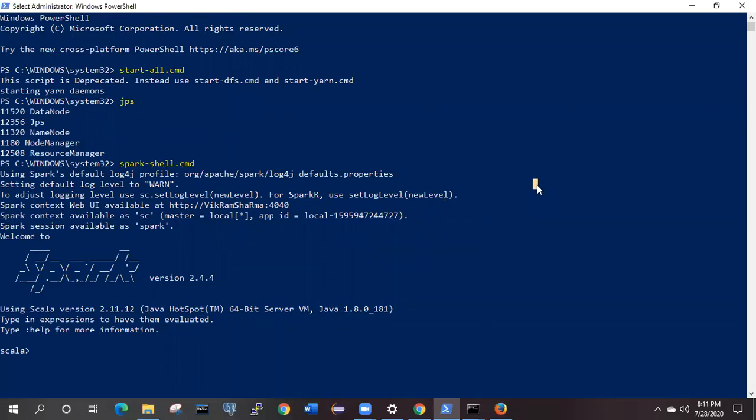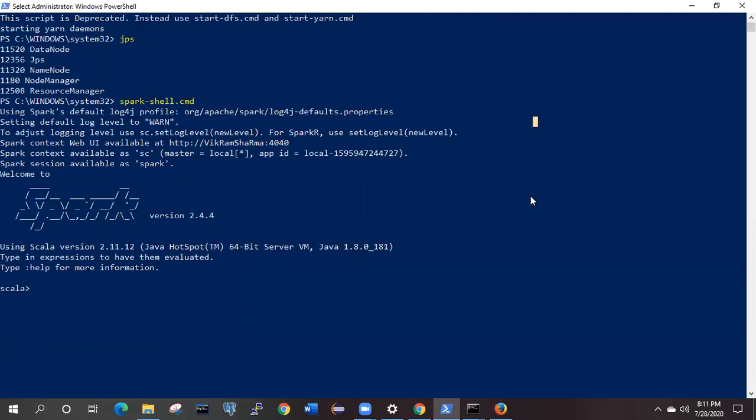Hi everyone, in this video I am going to show how we can read different files, like a CSV file, into a Spark data frame. So what actually is a Spark data frame? Theoretically we have covered it in some other video, so you can get the detailed description of what data frames are there. But a data frame is simply a resilient distributed data set in a structured way.